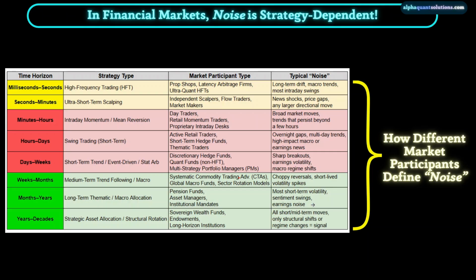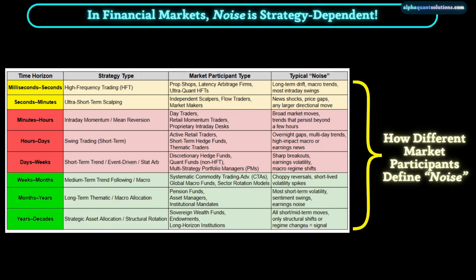of multi-year trends. Moving now to strategic asset allocators that use strategies having a time horizon going from a few years to a few decades. For them, everything except deep structural market shifts or regime changes is just seen as noise. And actually, most short-term or medium-term market moves are also seen as noise, and for them, that just simply fades